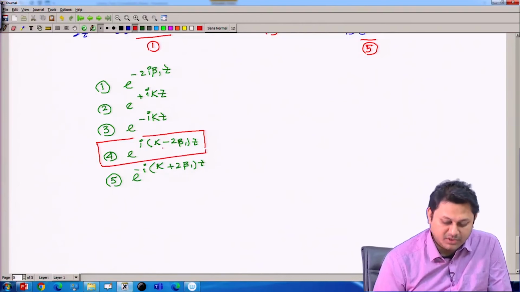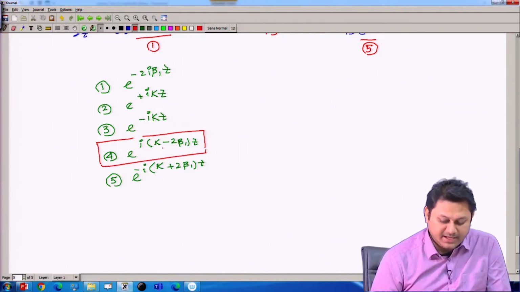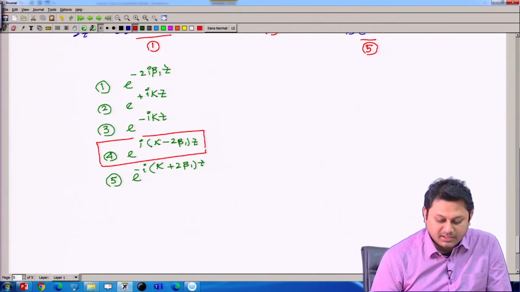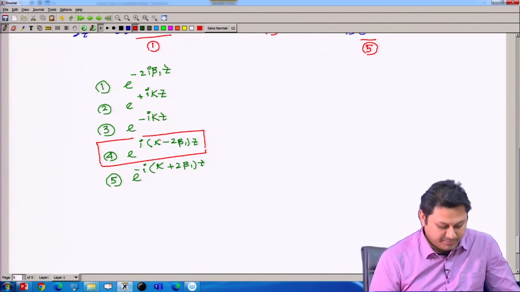Why is it slowly varying? Because there is a condition that k can be equal to 2 beta 1. If this condition is valid, then we can have a Bragg condition. So, among all the 5 terms,